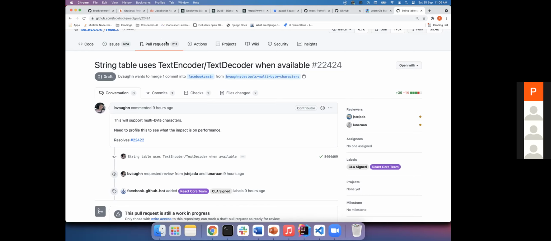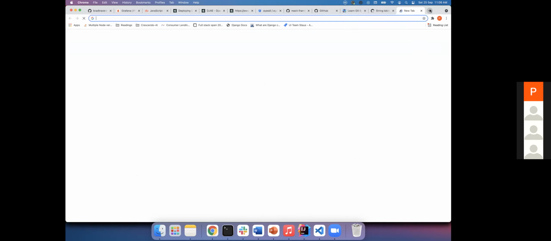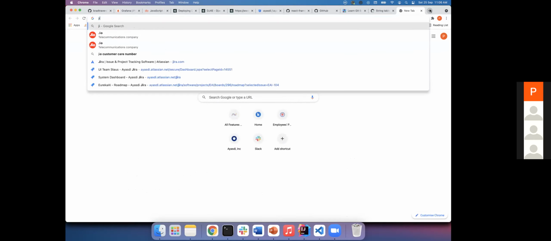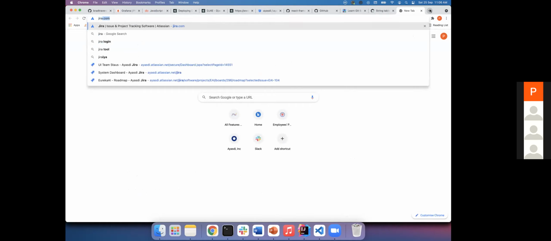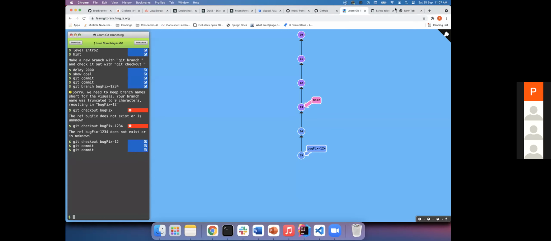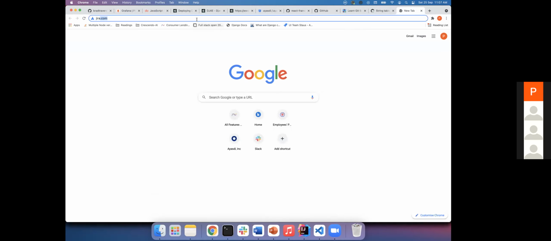So I think there is a naming convention for the feature branch, right? Yes, that's up to you. There is nothing fixed. Even imagine there is a Jira. Why did it truncate to 9 characters when you gave a feature? I don't know. That is something they're doing. There is nothing you can do. That is the online tool. This is some animated tool, just to show you what's happening behind the scenes.